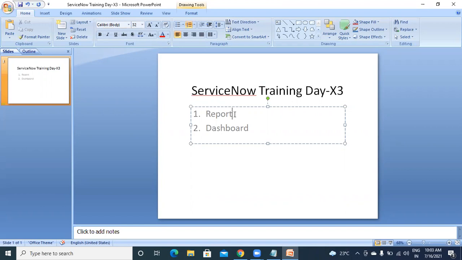We will do one or two reports for now just for understanding. It is very easy, no need of any code. After creation of reports, we will go to the dashboard.